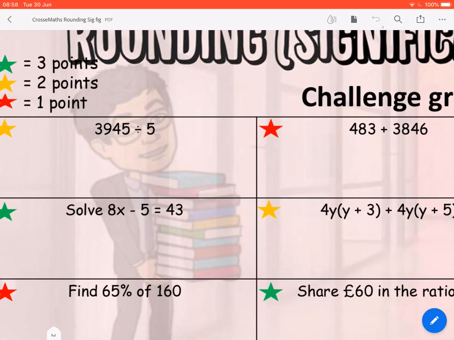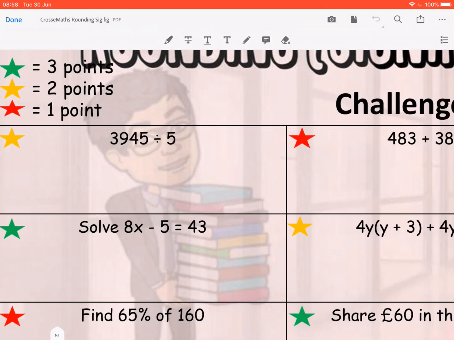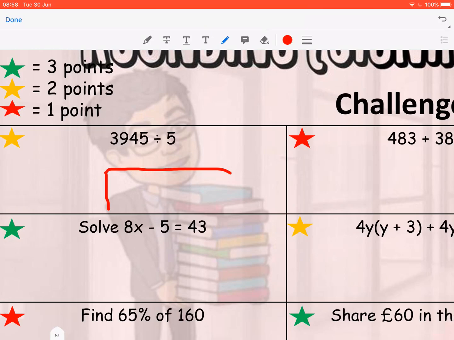Right guys, hopefully you had enough time to have a go at that. Okay, what we're going to do, I'm going to go through each one as normal. Mark whatever you've done. I don't mind if you got it wrong. Don't just write the answers in when I do it. Mark whatever you've done. Okay, so I've got 3945